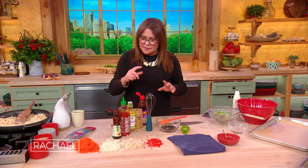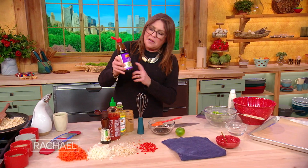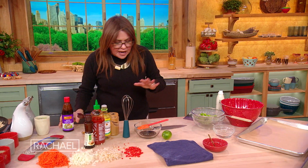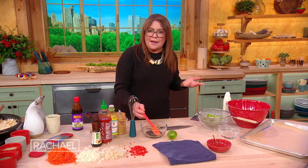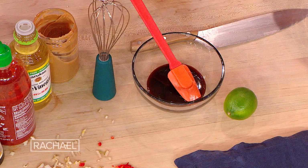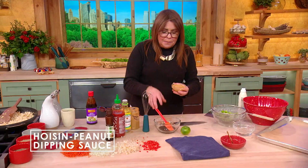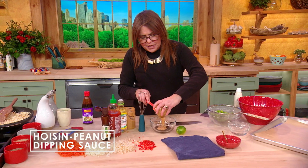It's a hoisin based sauce. So hoisin, like a barbecue, right? Asian barbecue style sauce. I started out with about 1/2 cup of that. Do I measure this? No. I mean, who cares? You're having fun in the kitchen. I loosen up a couple tablespoons of peanut butter